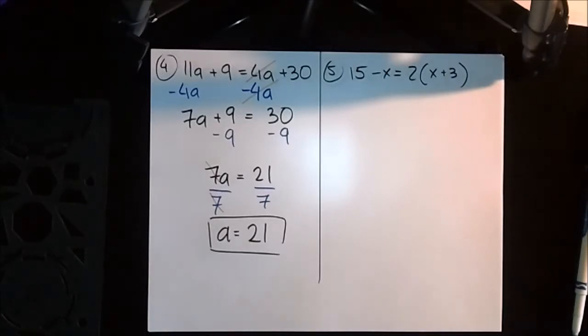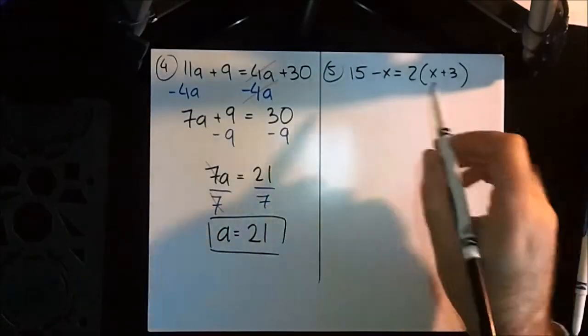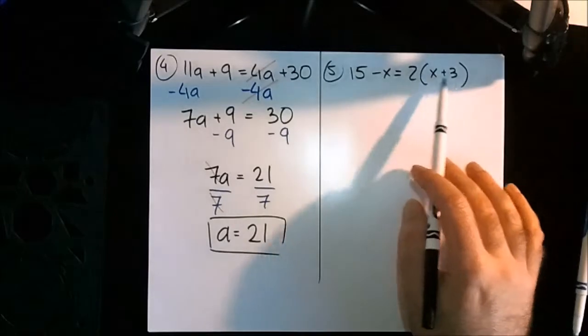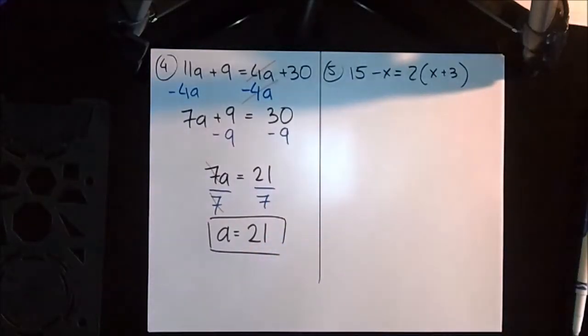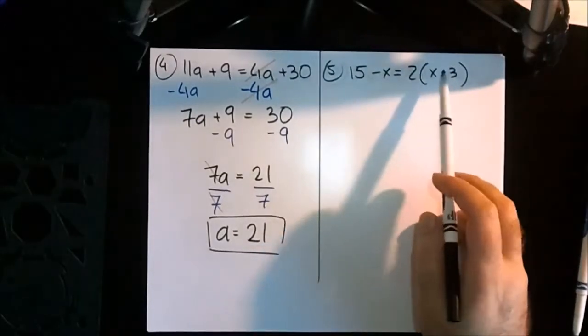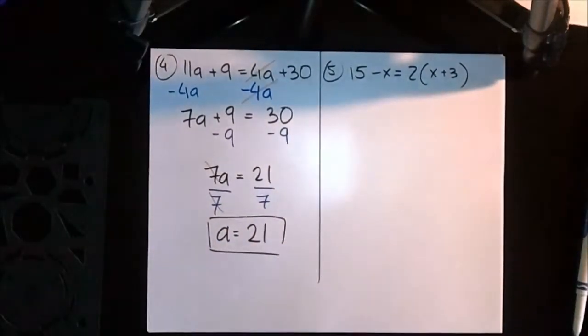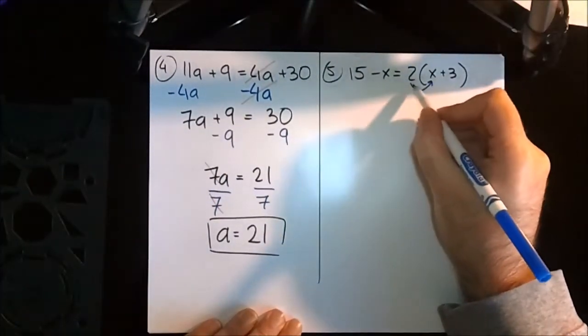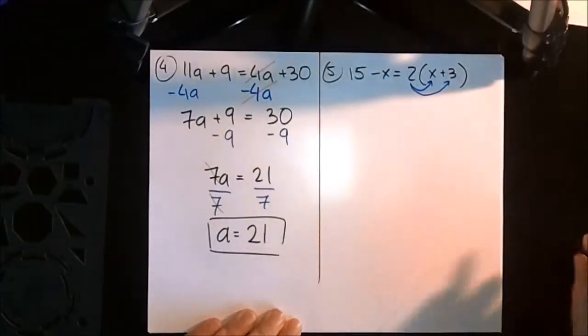The only difference with 5 as opposed to the previous 4 problems is that I have that parenthesis here which I need to break down. There's nothing I can do inside the parenthesis. X plus 3, that's x plus 3. So the next step is to break down that parenthesis by multiplying everything inside by whatever is immediately outside. So I'm going to distribute this 2 to both members inside,